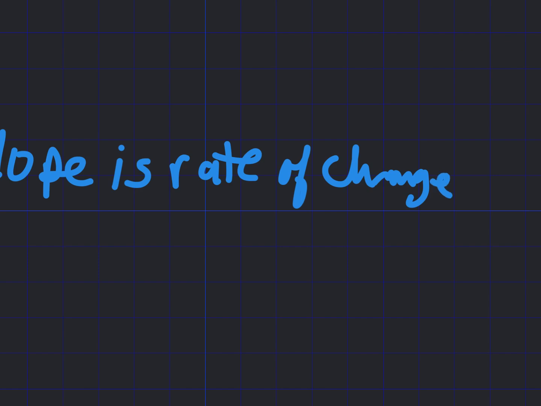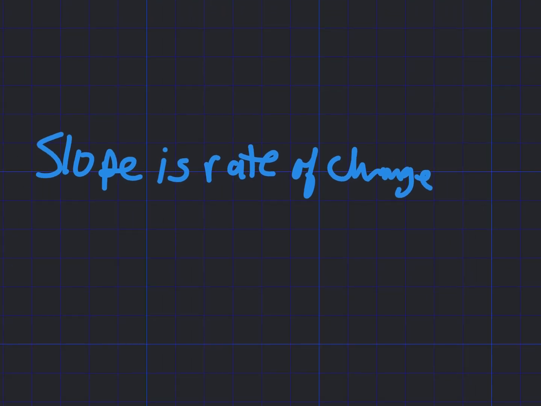Slope is the rate of change. So on the test, when we ask you about a real world problem, you'll be looking for the slope, and you will be looking for how fast is it changing, because that's what matters here. Well, if we go back to my robot graph,